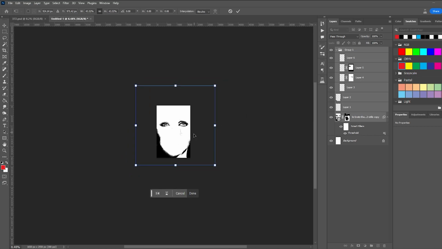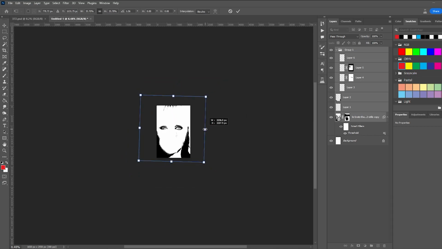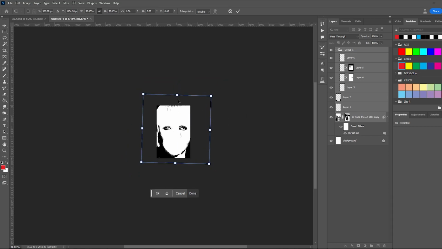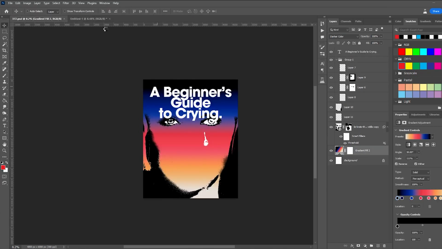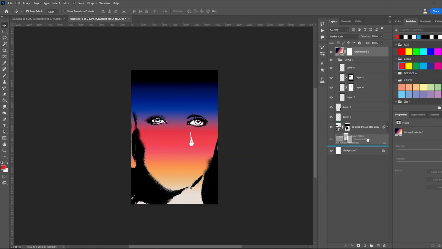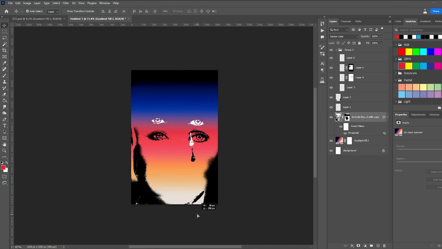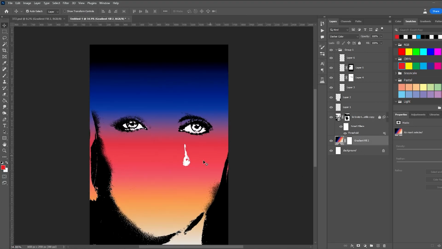Definitely an inspiration. And honestly, I've been wanting to make something like this for a while now. I just haven't had the right subject matter for it, but now I do with this whole yearning, having a crush idea. So I pretty much just transferred everything over to this canvas, and it worked out pretty well.